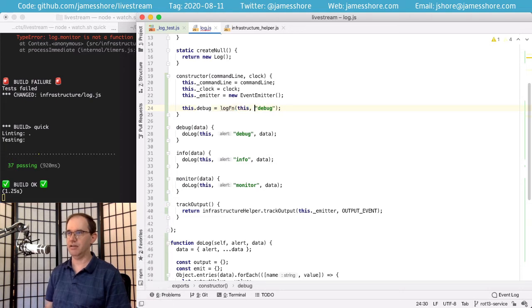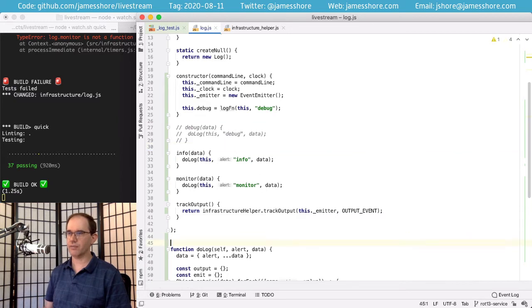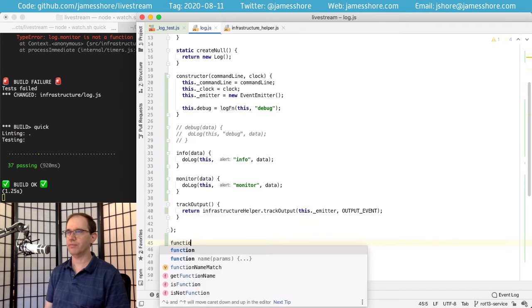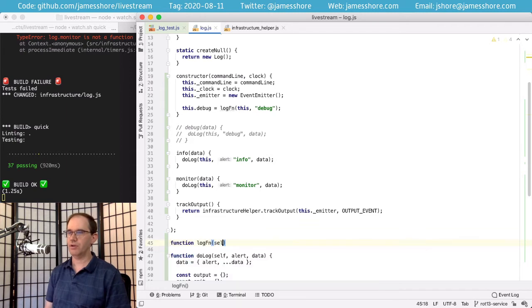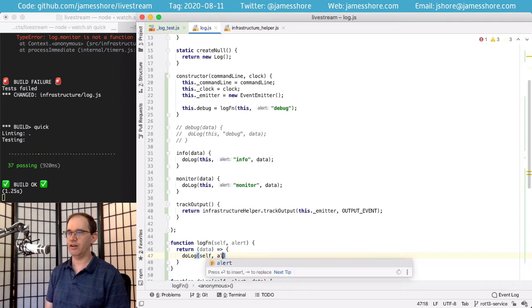And we'll pass in this. If we do this right, we won't need to have a separate method for it. Take the self and the alert level, and then we'll just return a function which takes the data and then calls do log with the self, alert level, and the data.